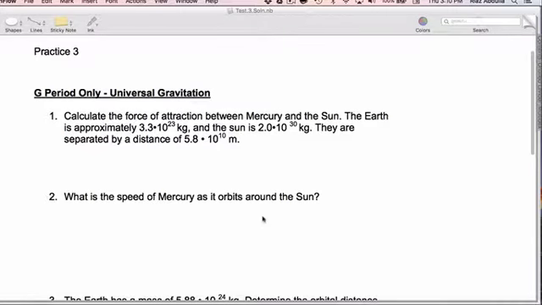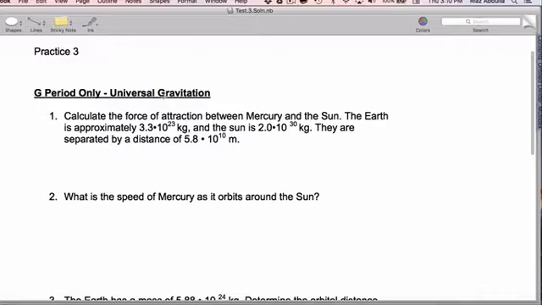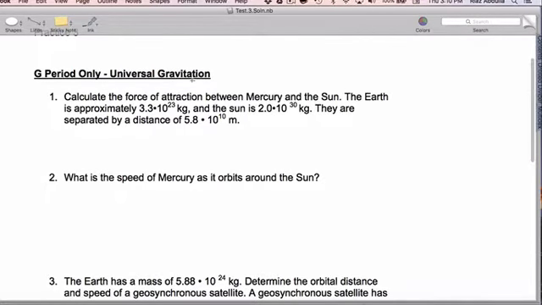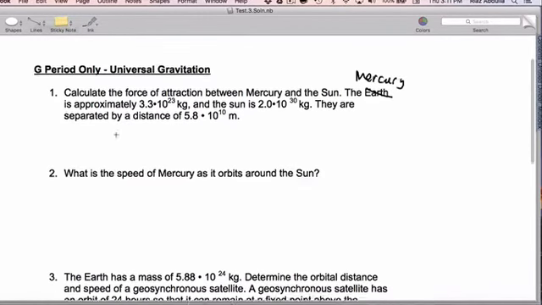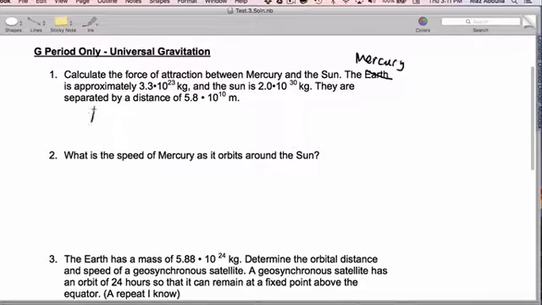All right, now this part is for G period only. We want to calculate the force of attraction between Mercury and the Sun. And I'm sorry, this should say Mercury right here. So let's go ahead and get that force. That force is going to be G, mass of the Sun times the mass of Mercury divided by their distance squared. When we plug in our numbers, that's 6.67 times 10 to the negative 11th